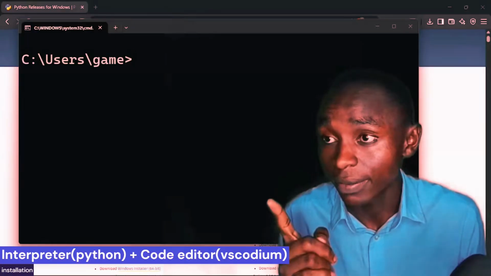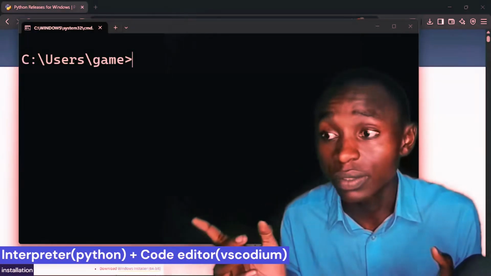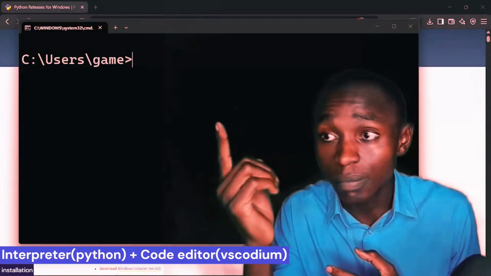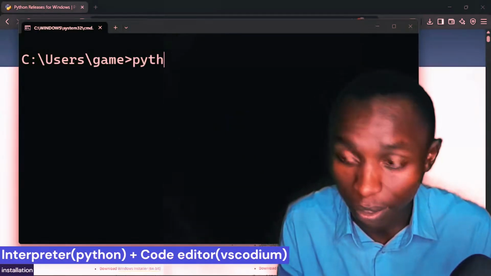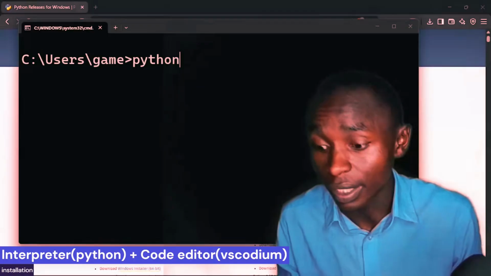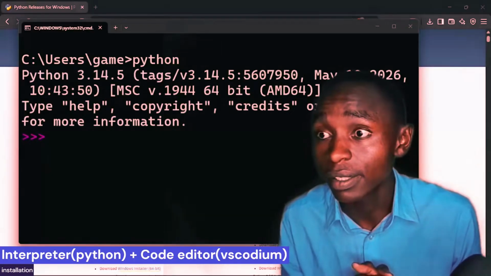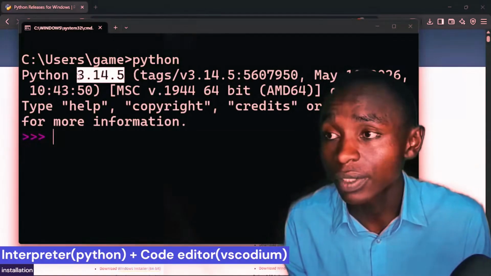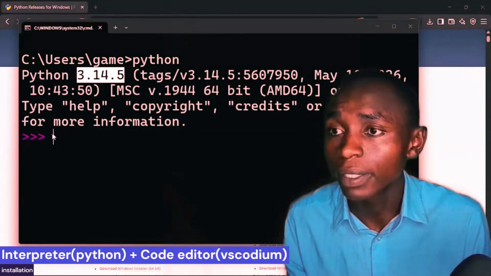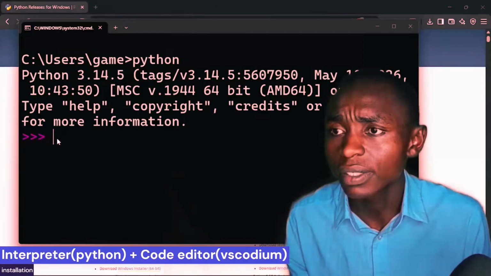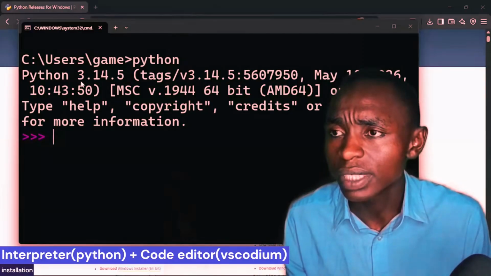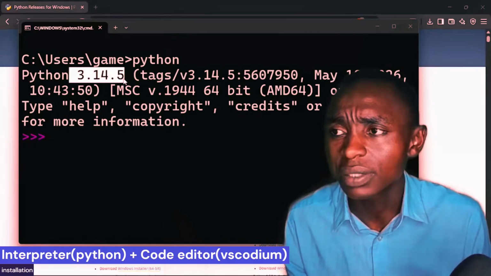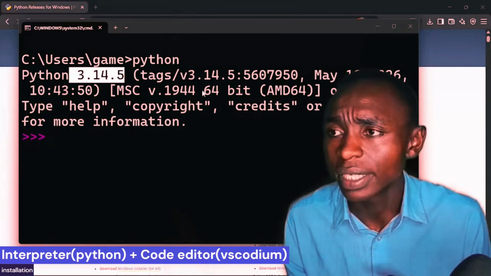When you are there, just type pip up there, then press enter. You can see we are running version 3.14. The moment you see the version, everything is okay. And we are running